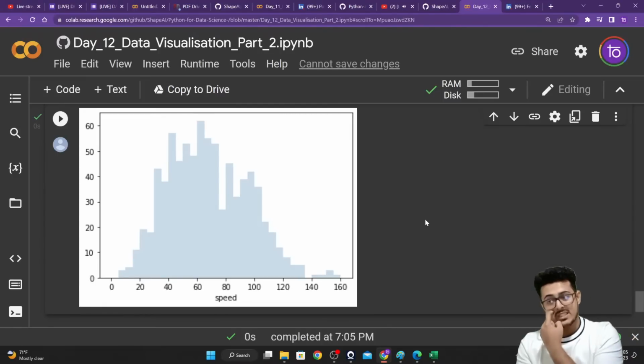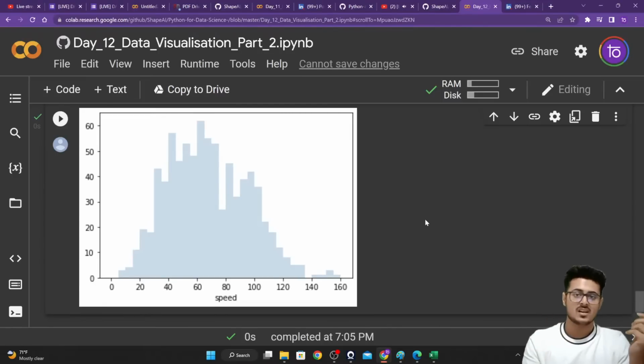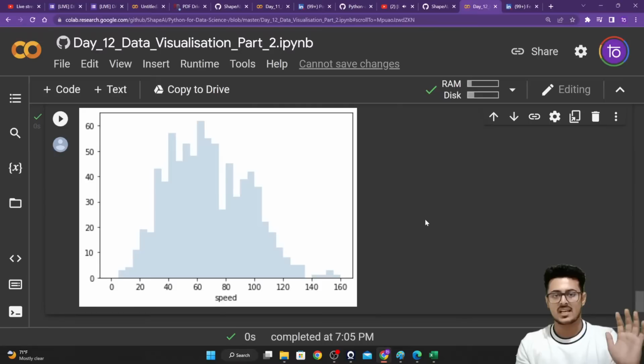What's the difference between Seaborn and Matplotlib? So Seaborn is like a scooty, an electric scooty. Very easy to operate, very easy to run. And Matplotlib is like a full-blown aircraft, a military-grade aircraft, because you have thousands of buttons inside of it, billions of parameters that you can change. So it's very easily customizable. It's easier to learn Seaborn, but most probably you will be using Matplotlib at any particular point of time.